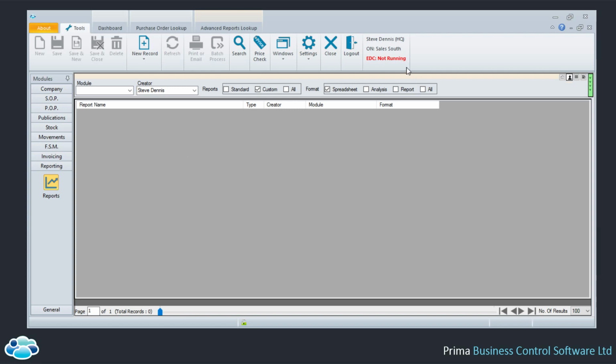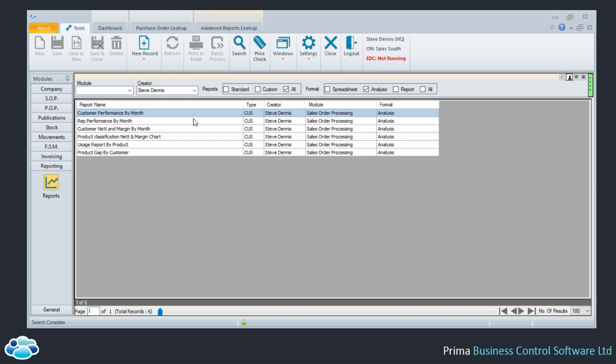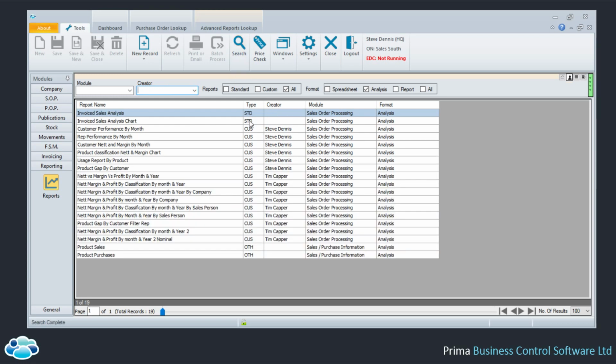Okay, so in the analysis area, you will have a purchase order analysis essentially in here as well. These are all my reports. Let me just get rid of them. So you will have a purchase invoice analysis essentially in here. Sorry, it's not orders, it's invoices. So what it'll look at is posted invoices and credits, but work in the same way as the invoice sales